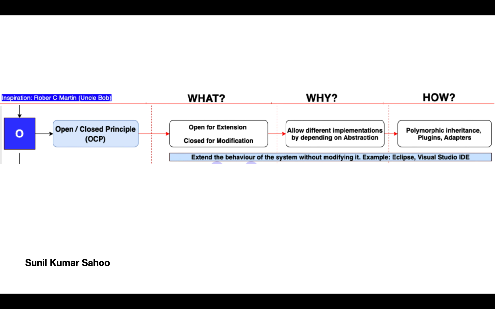So here the OCP actually tells about abstraction, or how we can abstract the implementation. OCP is for that abstraction only. How can we achieve it? By polymorphism, inheritance, plugins or adapters. So the key thing here is inheritance. By using inheritance we can achieve the OCP. So it helps to extend the behavior of an existing system